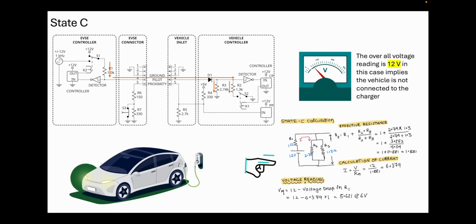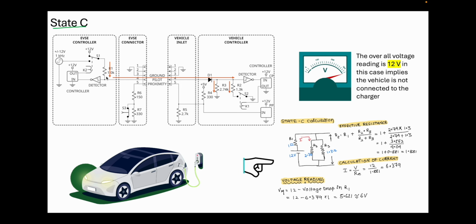Next is the state C. So this state will be achieved under multiple conditions. Suppose your battery does not have enough charge, then in that case it needs the charging process. So whenever the vehicle needs the charging to be enabled, basically the flow of current inside the batteries, in this case the state C will get activated, and because of this, you will have the circuit